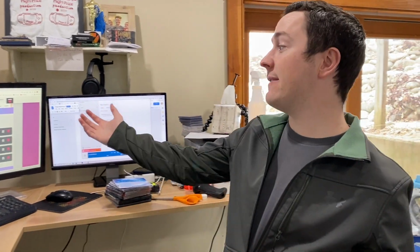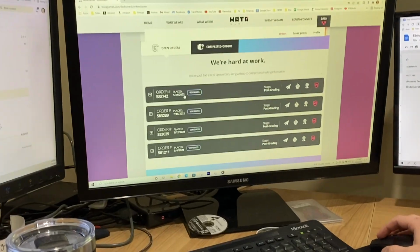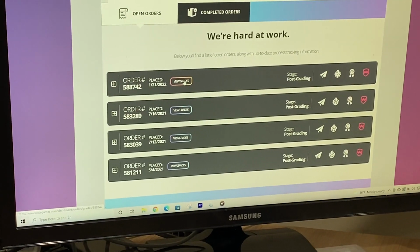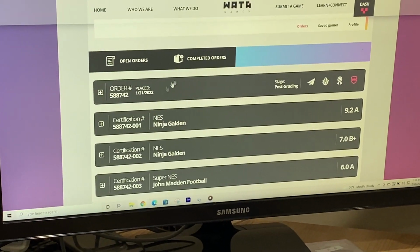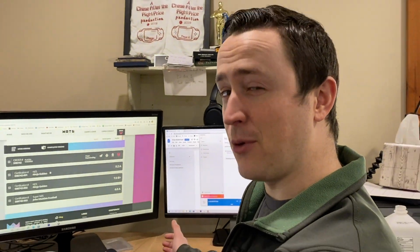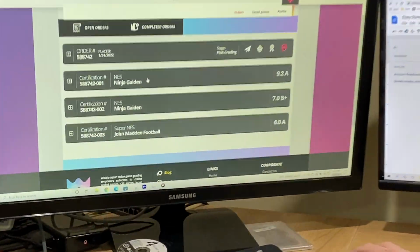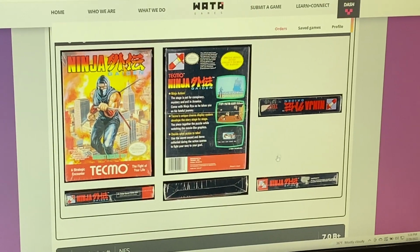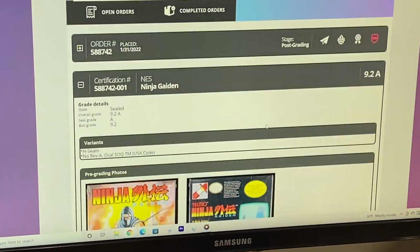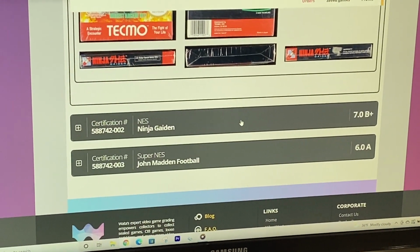Okay, so the games have been graded. I don't have them in hand, but we do have access to the grades. So again, I shipped the 3 of them. It actually came to a little above $1,000 after shipping, insurance, everything. So it's quite the investment. And they didn't do great. I'm happy with the top one, the Ninja Gaiden. Got a 9.2 A. So this was the really nice Ninja Gaiden. And then there was a second Ninja Gaiden, and that one got a 7.0 B+,